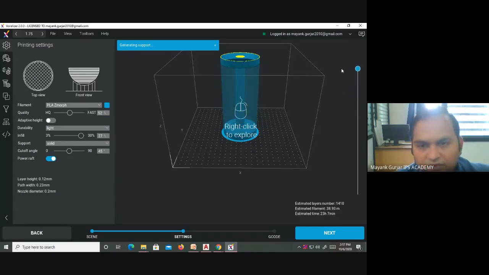Now we have two choices. We can use the same base material for the support as the part we are printing, or we can use a bi-nozzle, a different nozzle with a different material. That nozzle will drop a material which acts as the support material.